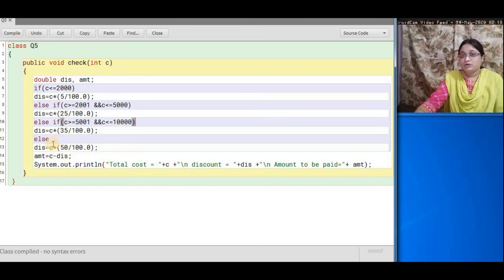Now here I have only written else, because no more conditions are there. That is the last condition. And if you all want, you all can use here else if also. Since the ending range is not given there, it is only given above 10,000, I have used here else. If you all want, you all can use here else if also. You all can write here